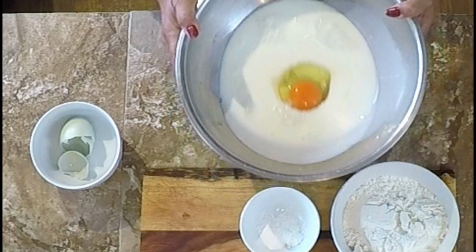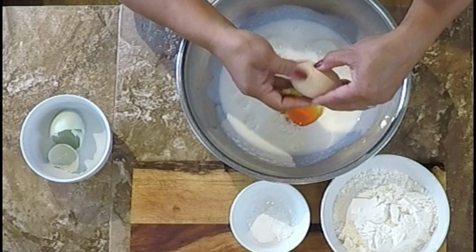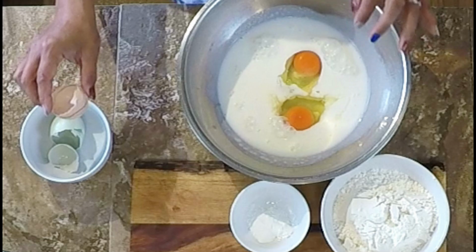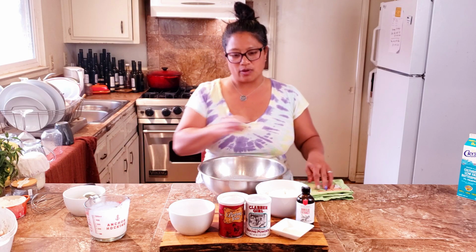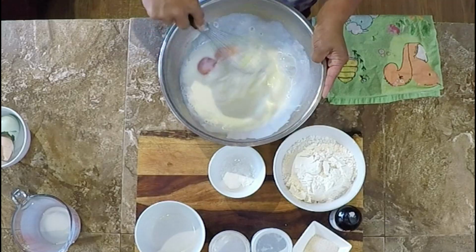Those yolks are so brilliant orange. I have heard that the color of the yolk changes based on the diet of the chickens, and when they're super orange like that, it's because they have had a lot of protein, maybe in the form of insects or bugs, whatever it is. And take your whisk, and you're just gonna break up those yolks, put in a splash